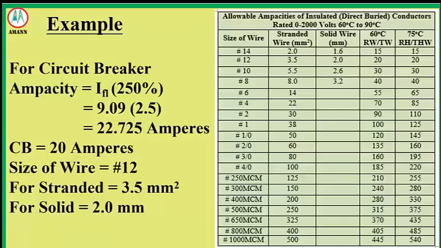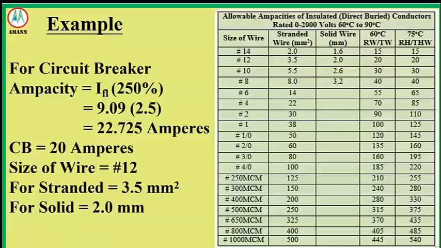system. The appropriate circuit breaker size is determined based on the full load current, applying a safety factor of 250%. Given that the full load current is 9.09 amperes, the circuit breaker ampacity is calculated as 9.09 amperes times 2.5 equal to